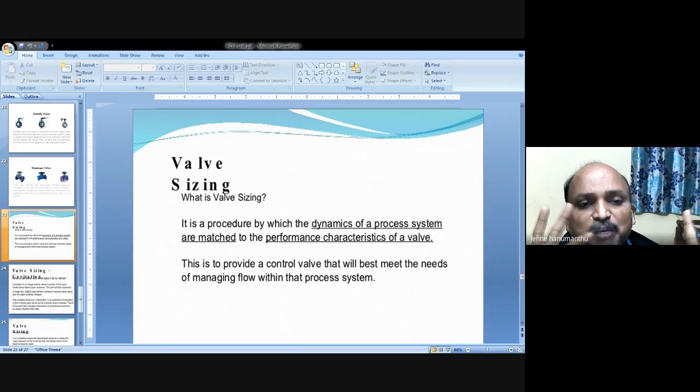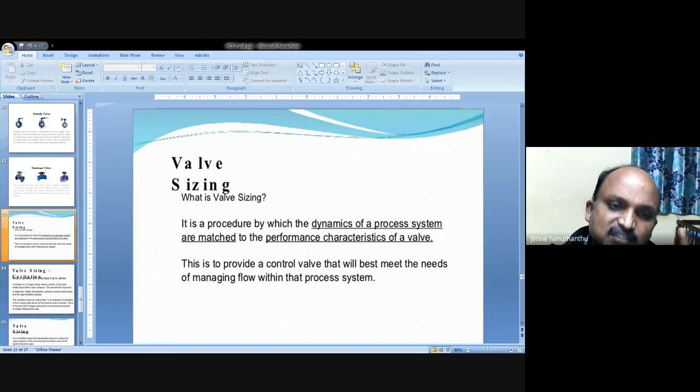If input is modified, the control valves should be modified. So one thing we can get, for any input, what is the basic relation for all these inputs? If it is water, if it is gas, if it is steam, what should be the corresponding relation between Q and pressure, flow rate and pressure? What should be the